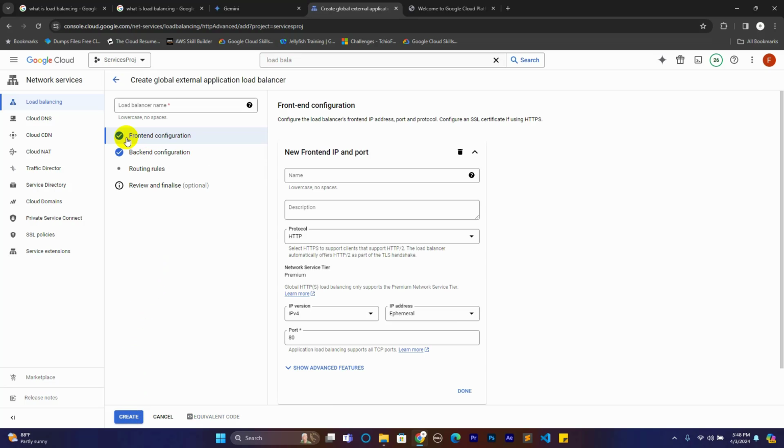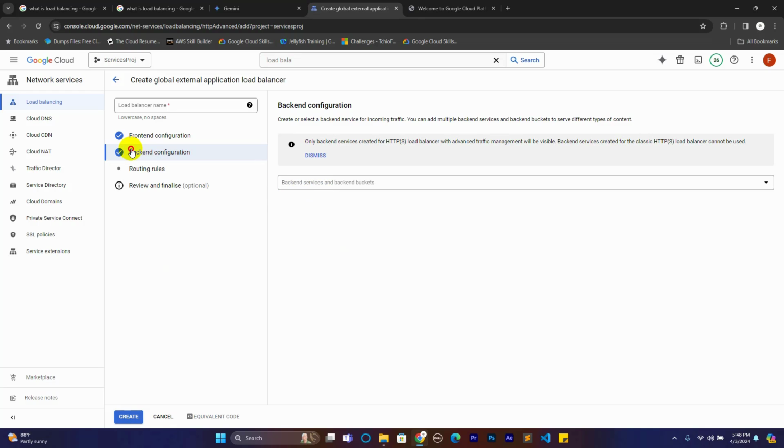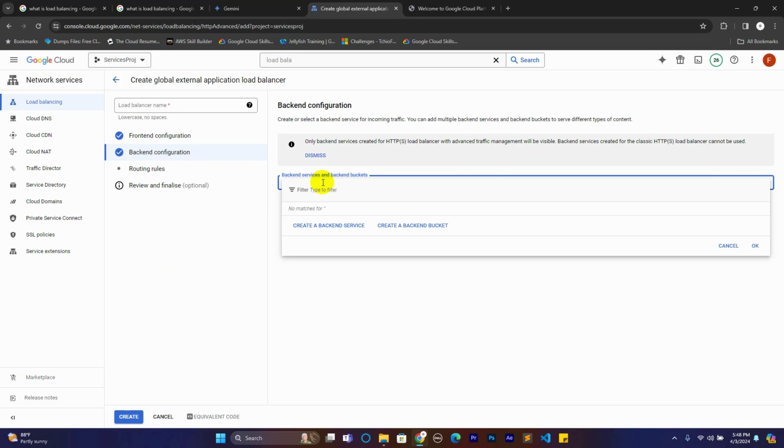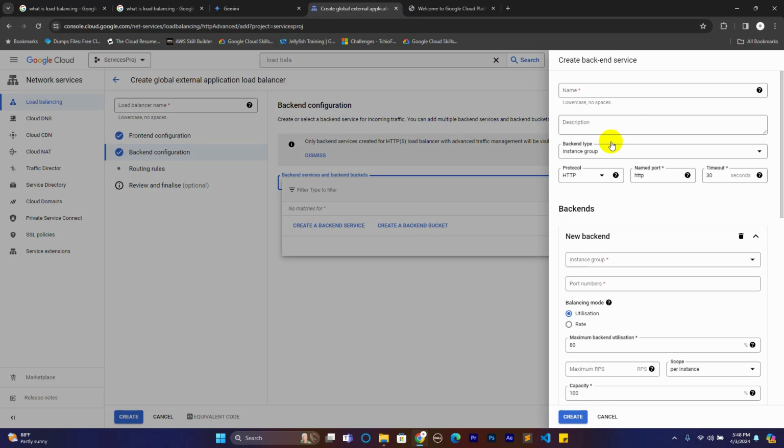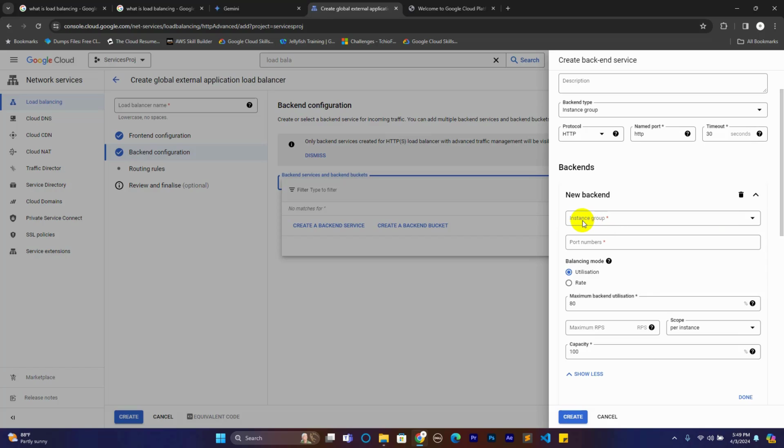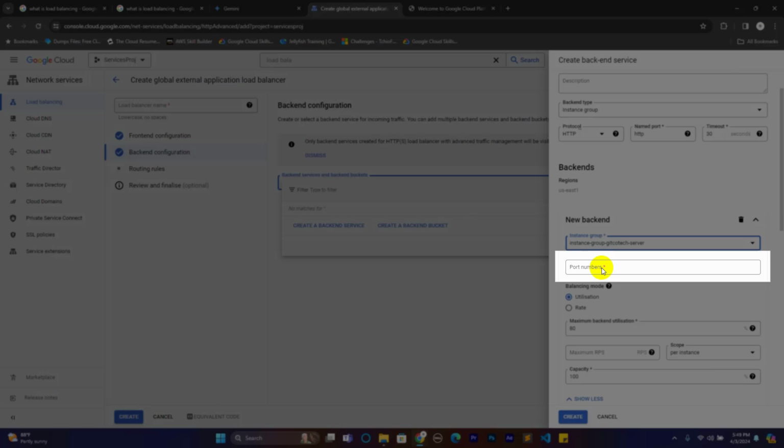Next, we are here on the front end, so we can enter a name or we can allow everything default. For back end, we are going to click on back end here. We click here and then we are going to click on create a backend service. Next, we are going to enter the name of the service. We'll enter git codec backend. Next, we allow everything default, and here we are going to select the instance group that we created. So here is our instance group, select it, and then